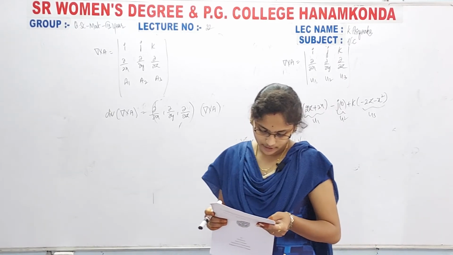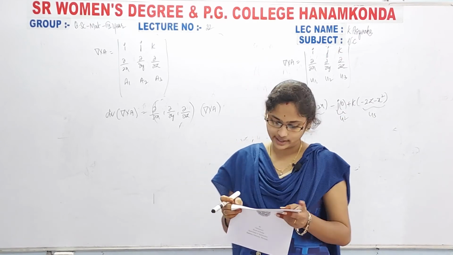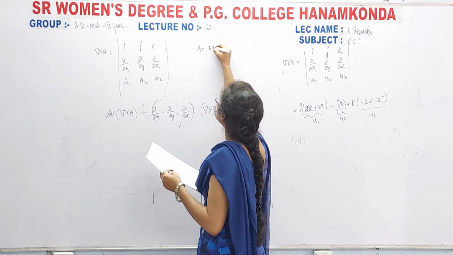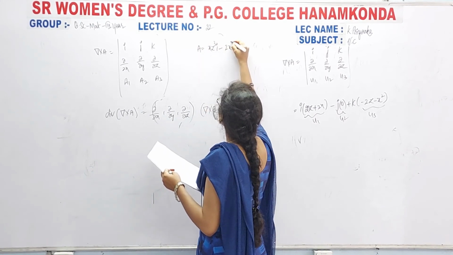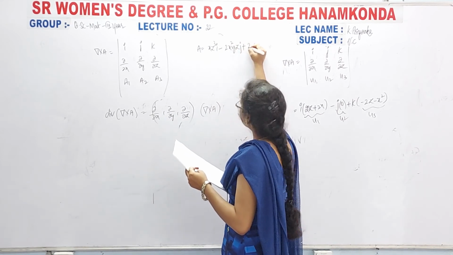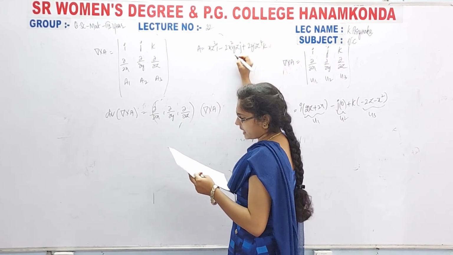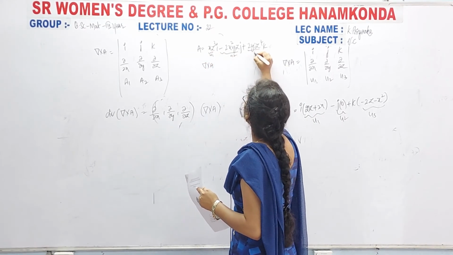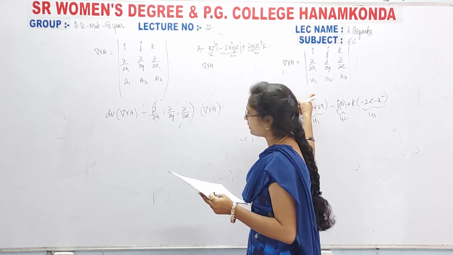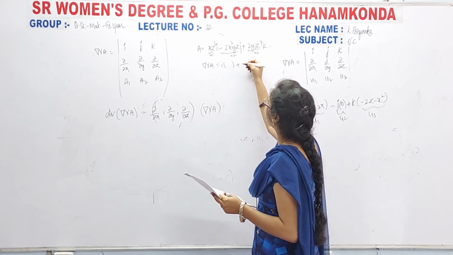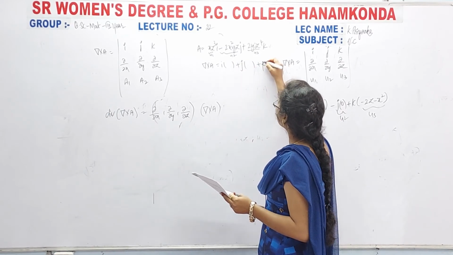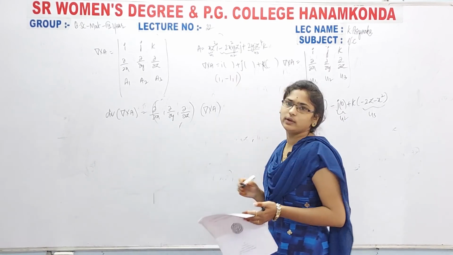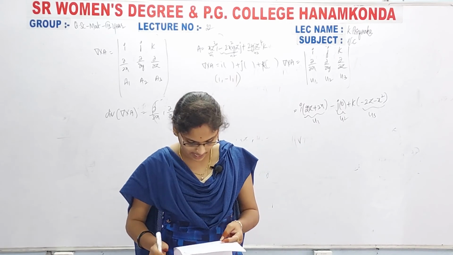Next, the 40th problem. If capital A is given, find curl A at the point. A is equal to xz cube i minus 2x square yz j plus 2yz power 4 k. They are asking to find curl A. So this is u1, this is u2 and this is u3. Simply take this formula and finally you will get a value in terms of i, j, k. Finally you have to substitute x equal to 1, y equal to minus 1, z equal to 1, and by that you will get the answer.